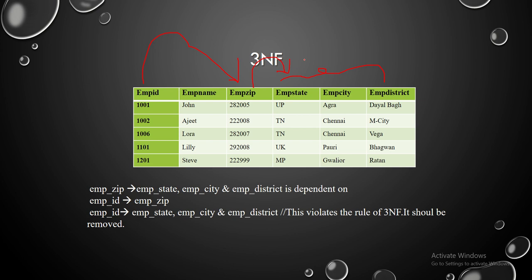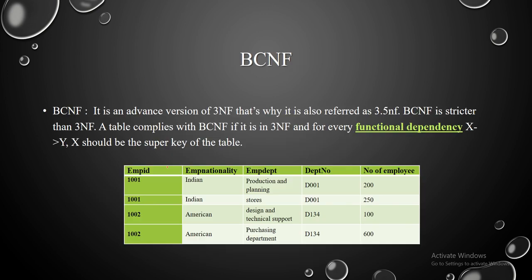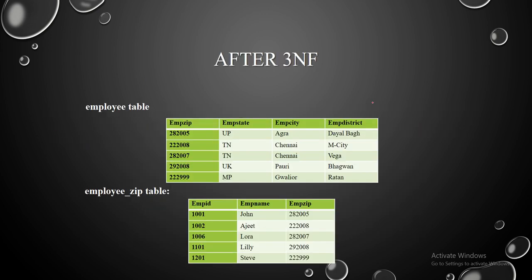If these two functional dependencies exist, we may form this functional dependency. For a table to be in 3NF, we need to remove this one. That is 3NF: we need to remove that transitive functional dependency. So after removing it, our table looks like this: an employee table and an employee zip table. After 3NF, the previous table is split into two tables: employee zip, employee state, employee city, employee district,